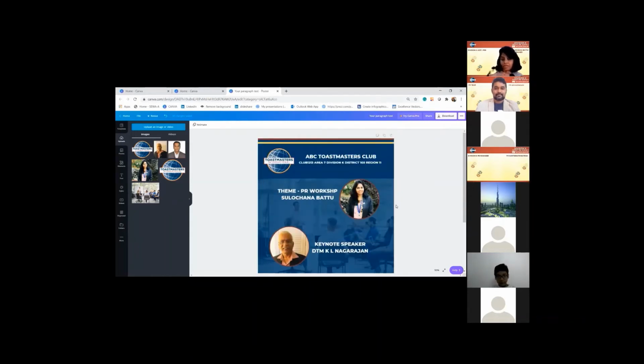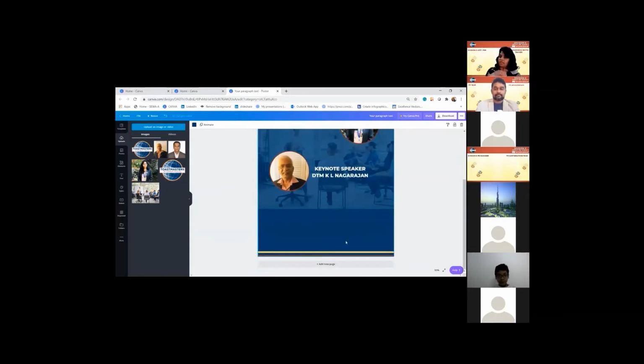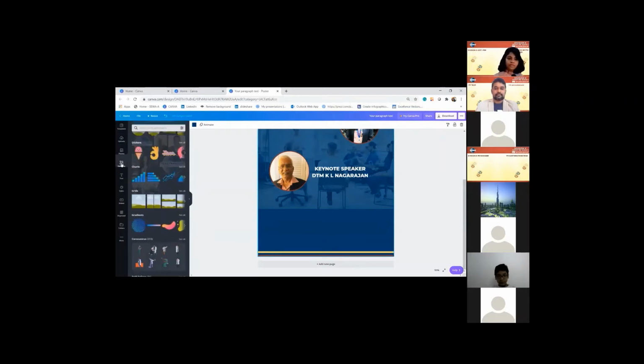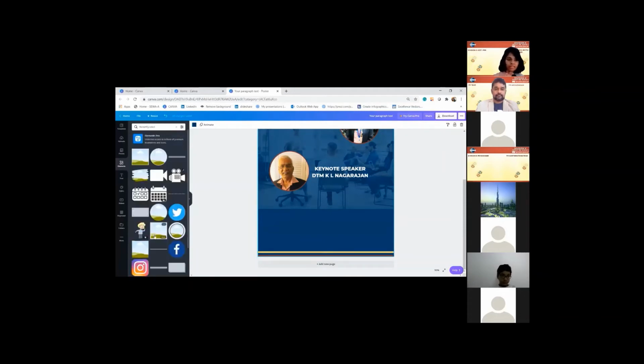We need to have the club details. I'm sorry, the contact details. I don't want to make it look really blue. Let's use another feature from elements. I'm using the maximum out of elements so that it makes your poster look really nice. So I'm going to take one of these features. So this is from elements. I just bring it here.